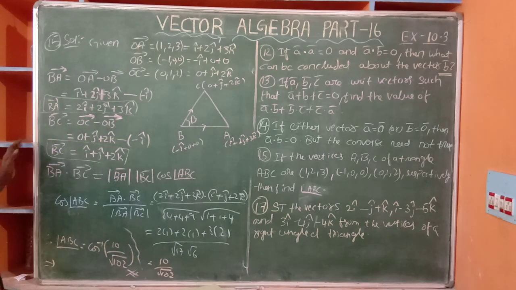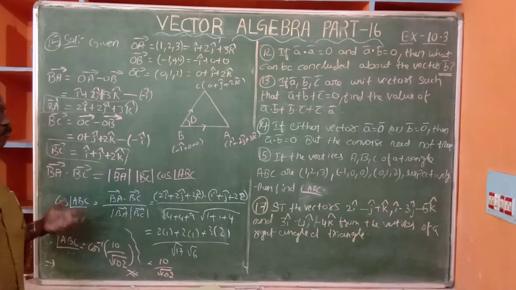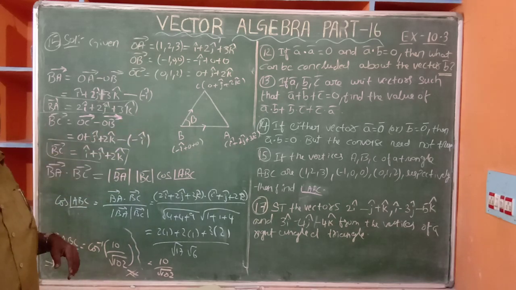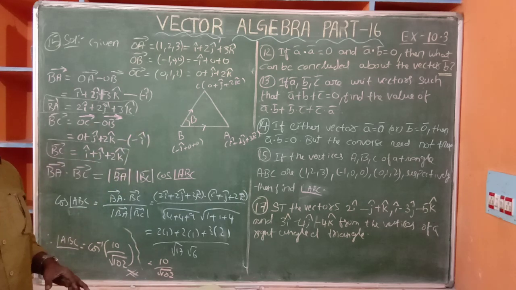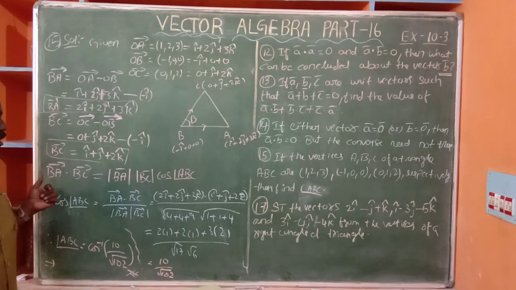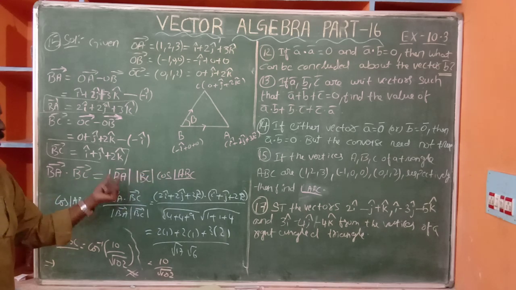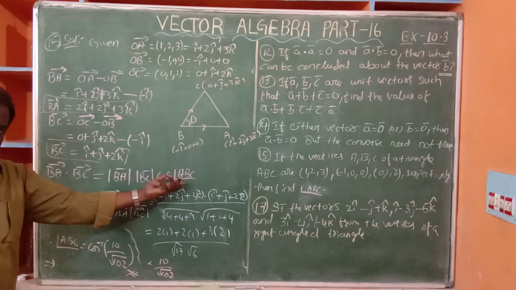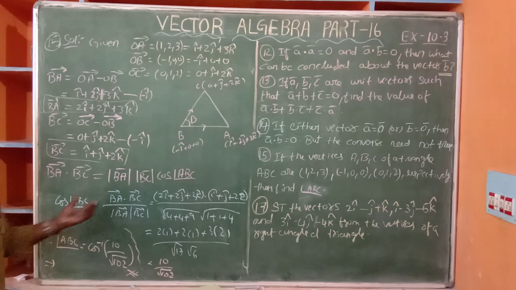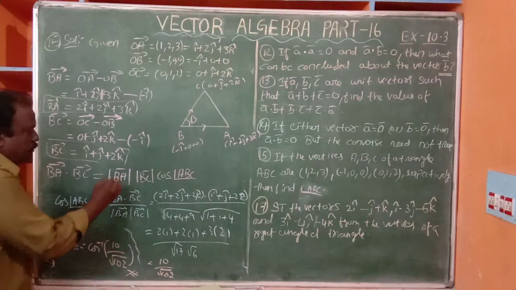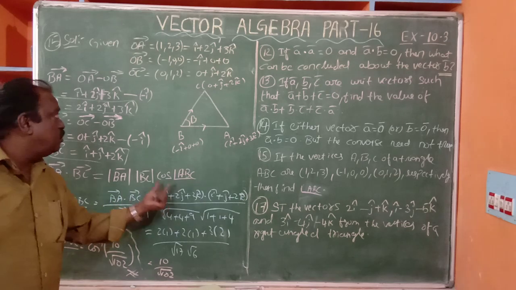So we have the two vectors, BA bar and BC bar. They are free vectors. In order to find cos theta, which is A bar dot B bar by mod A bar mod B bar, similarly here we consider BA bar dot BC bar by mod BA bar mod BC bar, which gives the cos of the angle between BA and BC, that is angle ABC. So cos of angle ABC is equal to BA bar dot BC bar by mod BA bar mod BC bar.